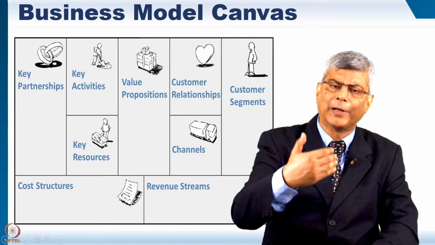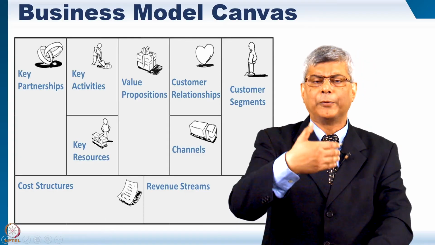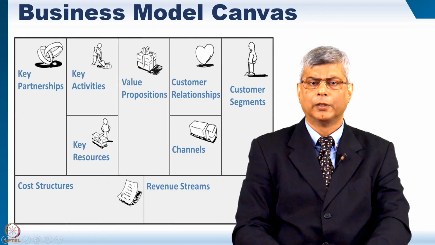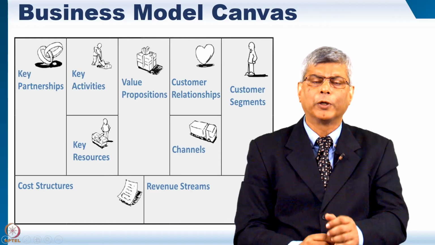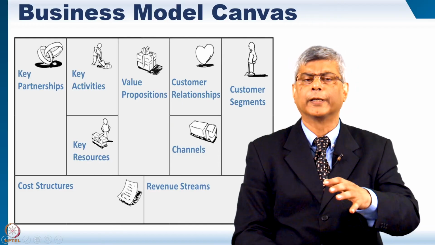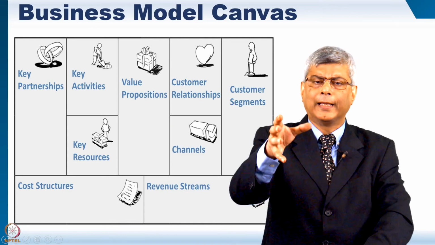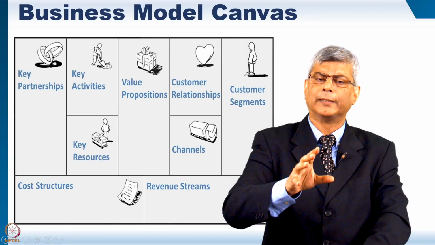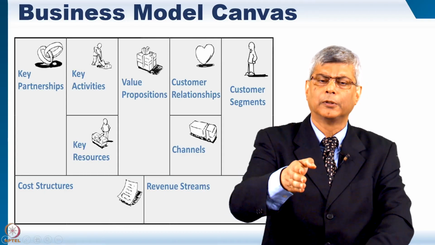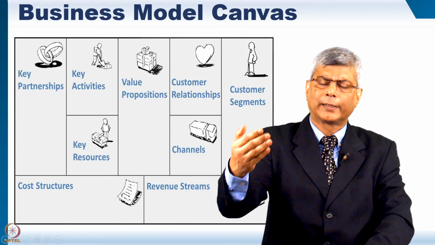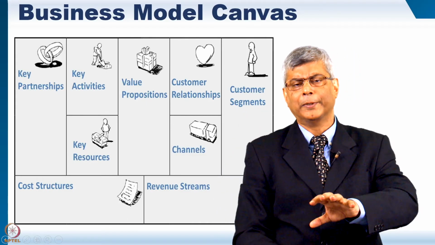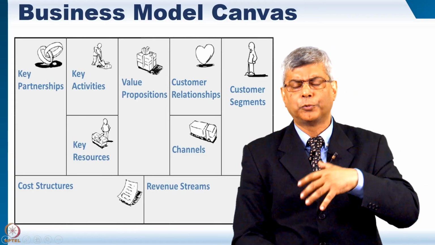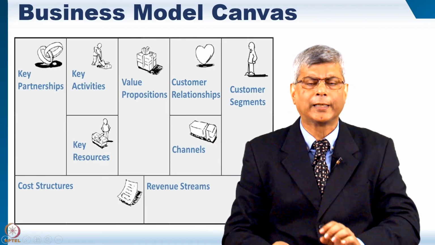You basically start with your value proposition for the customer. Why will the customer use your product or your service? Why are you better than anybody else? What's new about you? What will you do faster, better, cheaper, or in a more satisfying way? And then in this model canvas, you define who your customers are, who your customer channels are, which means how will you reach those customers, and then what are the customer segments? Men, women, urban, rural, old, young, educated, not so educated, rich, poor. What are the segments that you're targeting? So on the right side, you get all the customer attributes.